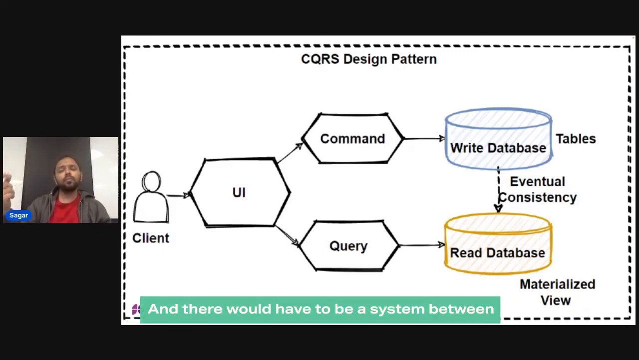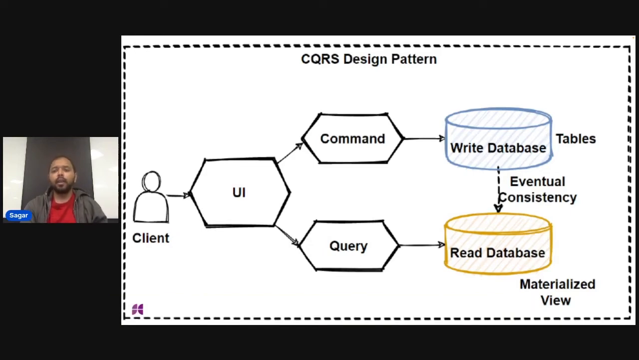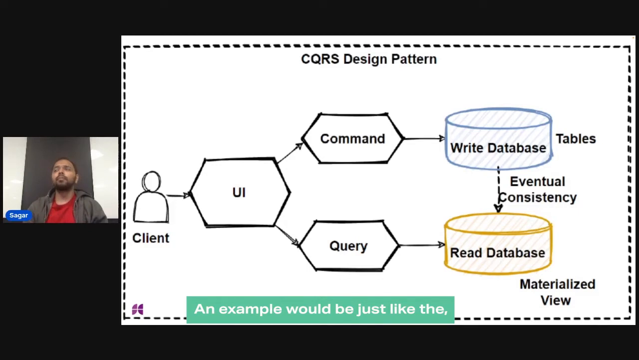And there would have to be a system between your read database and your write database, which will sort of keep the two databases in sync, which is marked by this arrow that you see, which is called eventual consistency. Eventual consistency is not as fancy as it sounds. It is something that we have all seen in our daily lives. An example would be